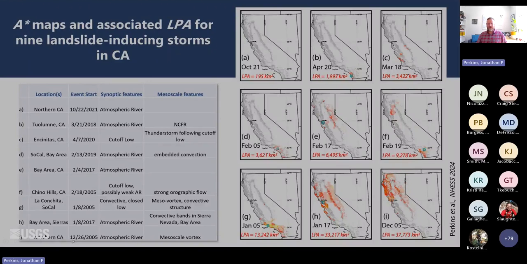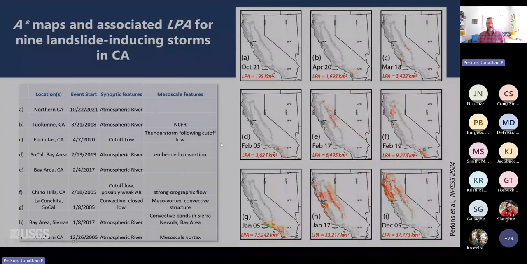There were landslides reported from the Lake Tahoe area to Marin County, up through the Coast Range and all the way to the Oregon-California border along Interstate 80. And so what we can do now is, Nina pulled information from each of these storms about their synoptic features: whether they're an atmospheric river, the strength of that atmospheric river, which we'll talk about in a few minutes, and any mesoscale, finer scale features in those events. And so now we can use that to compare these events of distributed landsliding from our threshold to